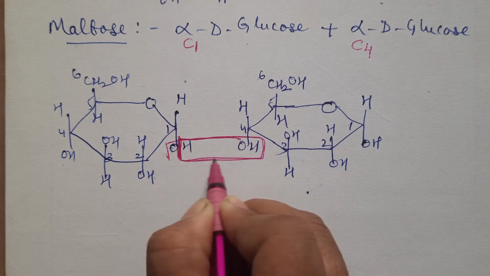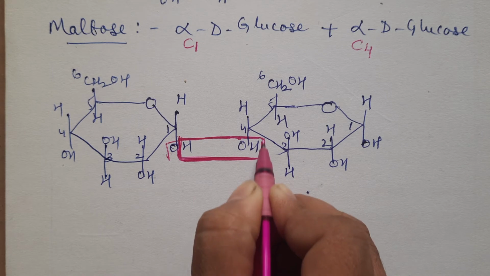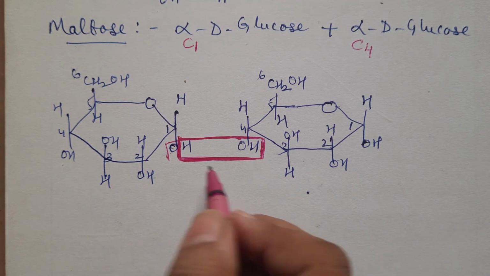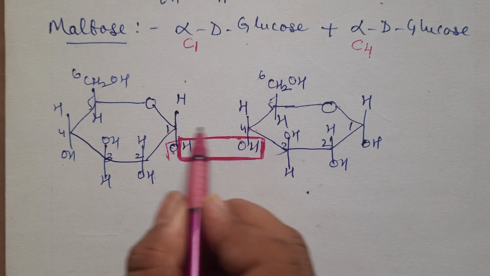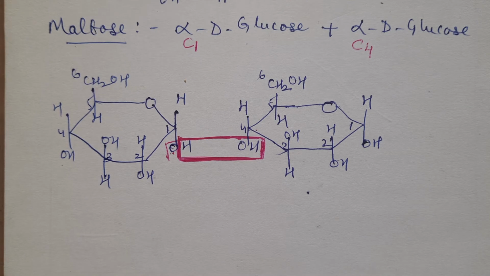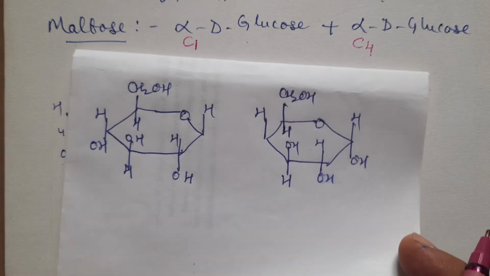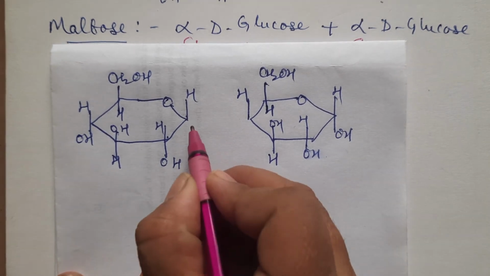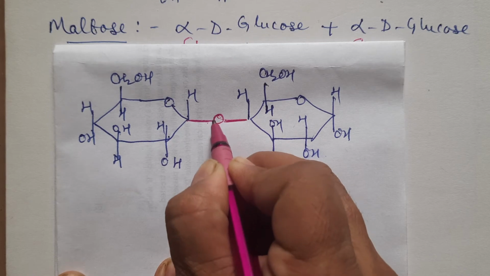This O is retained. This is not removed. Some slightly darkening so that you do not get confused. This water has been removed. This O is left behind. So that means between these two alpha Ds, there will be a linkage between them through O. So I will draw separately and explain. Now I'll show you after removing the water molecule, this will be left behind. You can see here between them, I have removed that water. I'm just showing with this O now.